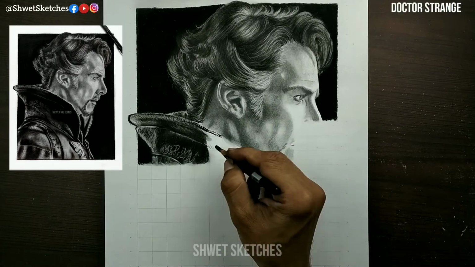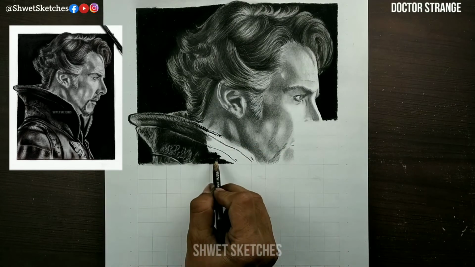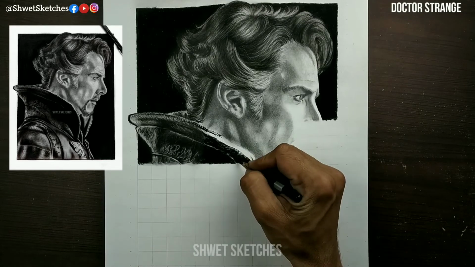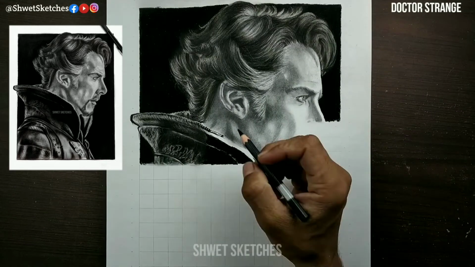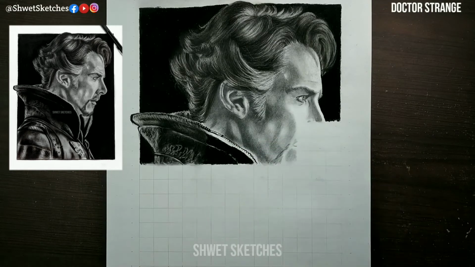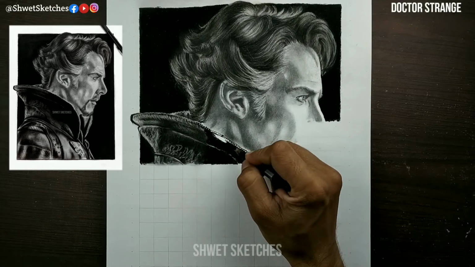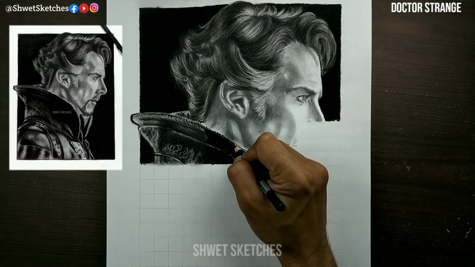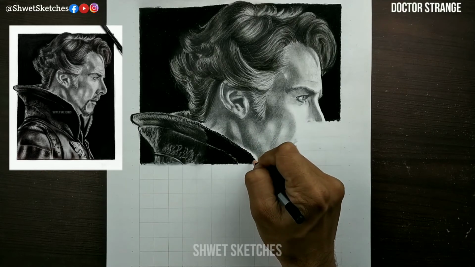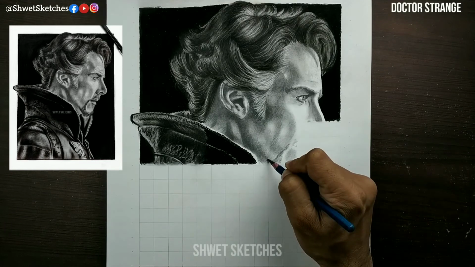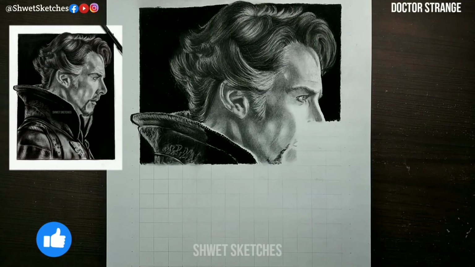So after doing these things, the face part will be the most important thing, but the basic thing is that the base layer of the soft charcoal pencil is lighter as compared to a graphite pencil. So we are going to use a graphite pencil on the face. We are not going to use charcoal powder. We are going to use a graphite pencil, a 2B or 2H, as a base layer. Just make outlines and then blend it using a blending stump.